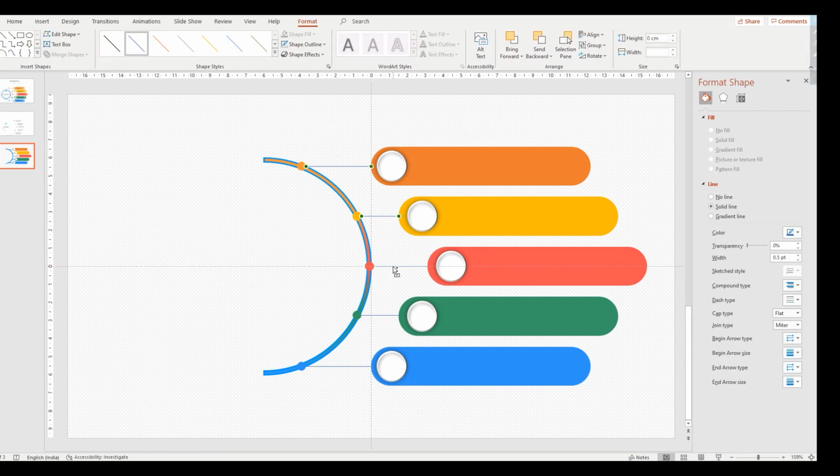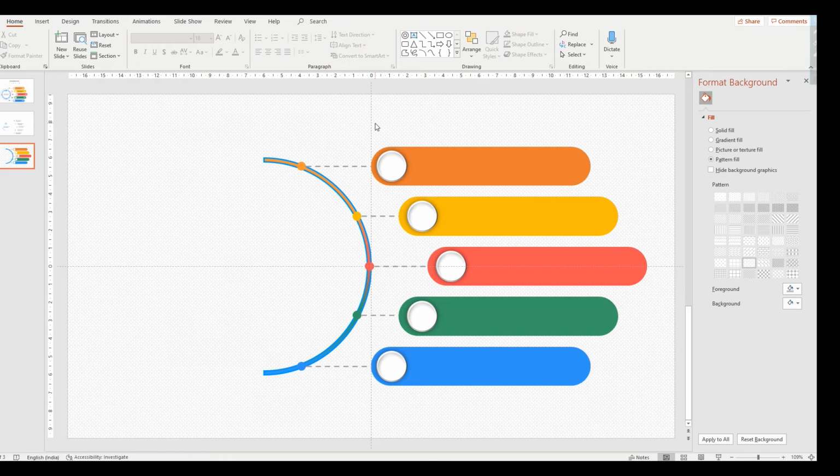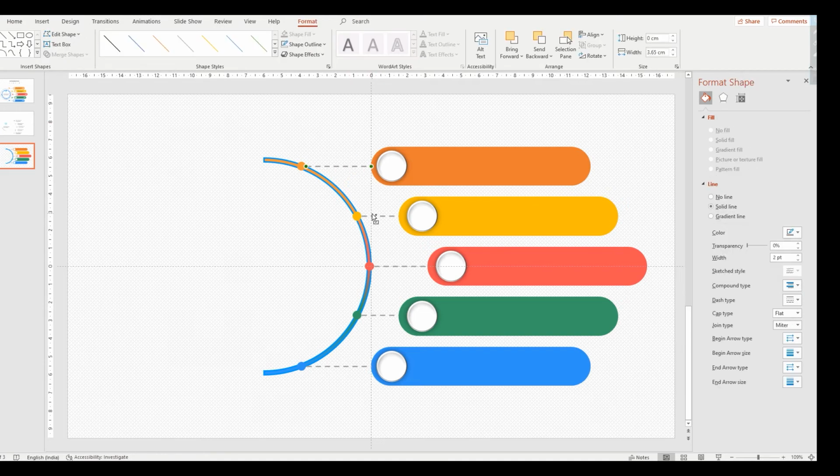See, we need to adjust the line width, line size we are taking 2, then dash type we are taking this one, color also we need to change, we are changing this color. Now it is okay. Size we need to reduce a little bit, yeah, now looks good.